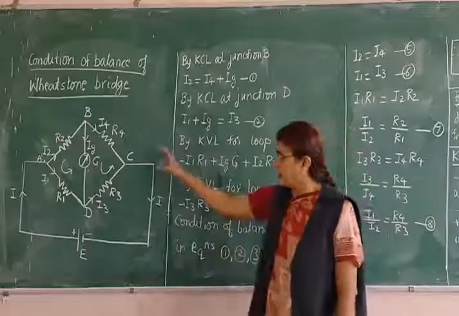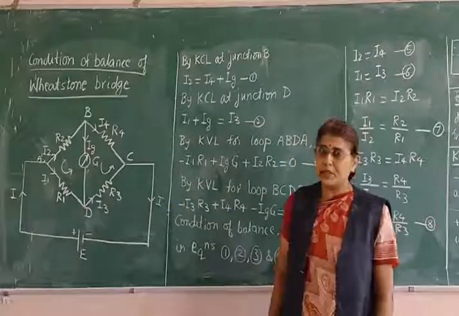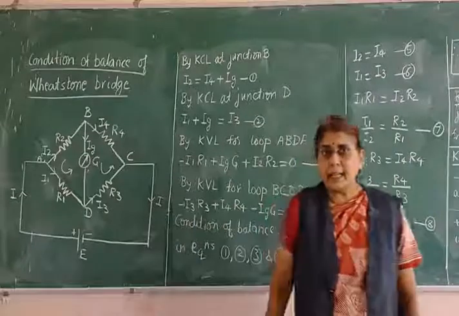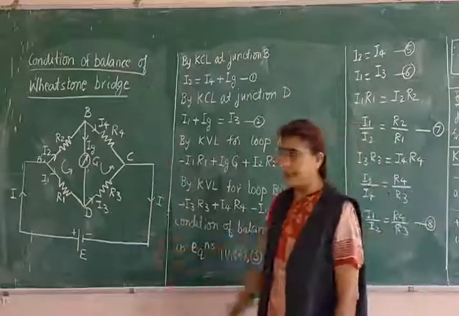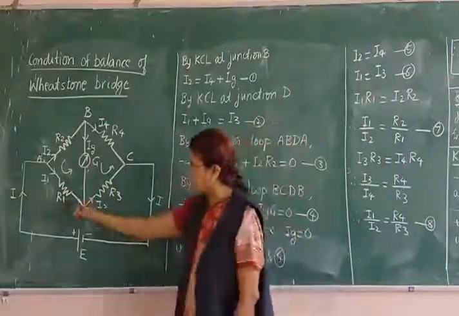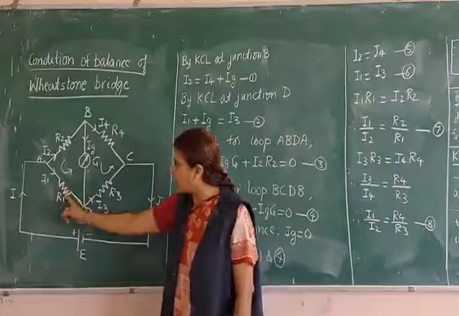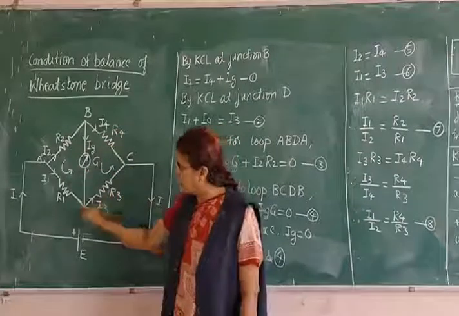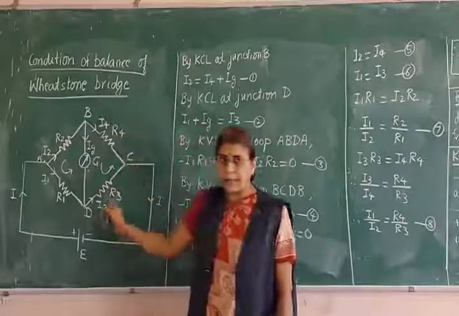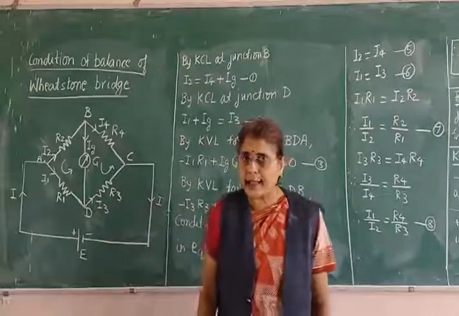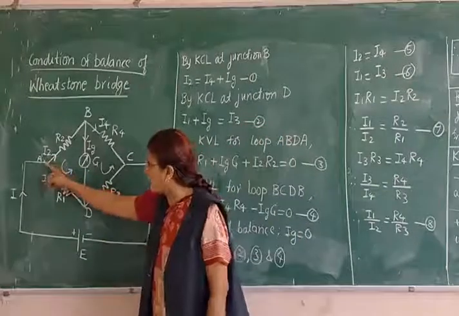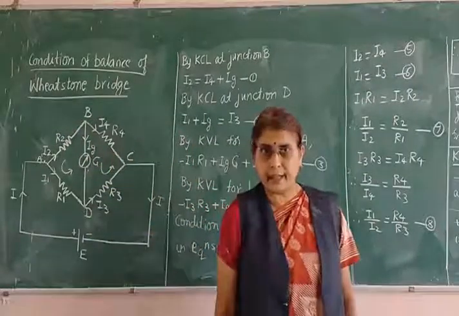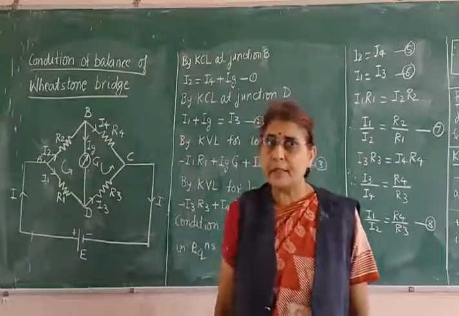So now we shall first see the diagram. What is a Wheatstone's bridge? This Wheatstone bridge consists of 4 resistors connected in cyclic order. You can see the resistors now. I have 4 resistors here. Let us go in cyclic order: R1, R2, and then, a slight change here, R4 and R3. These are connected in cyclic order, in the form of a quadrilateral. That quadrilateral is A, B, C, D. So 4 resistors in the form of a quadrilateral. This arrangement is called the Wheatstone bridge.